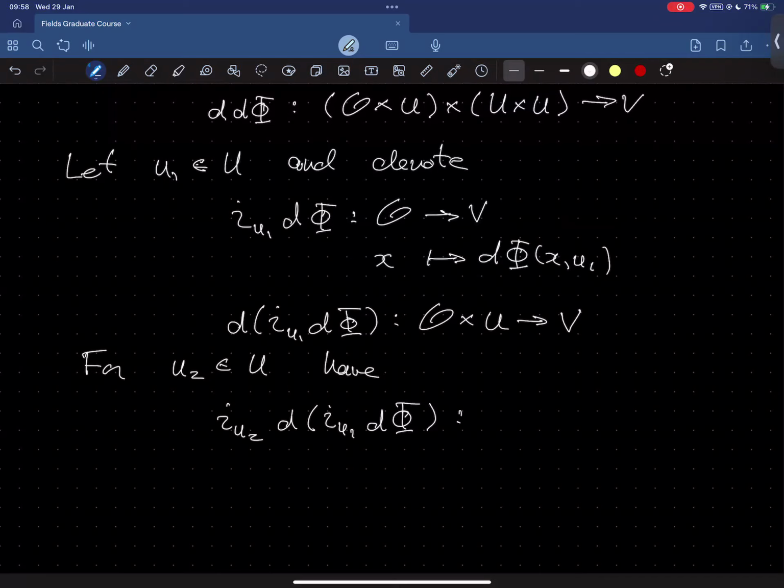And this again will be a mapping from O into V. If you think about what we're going to do here, it's going to send a point x to d of